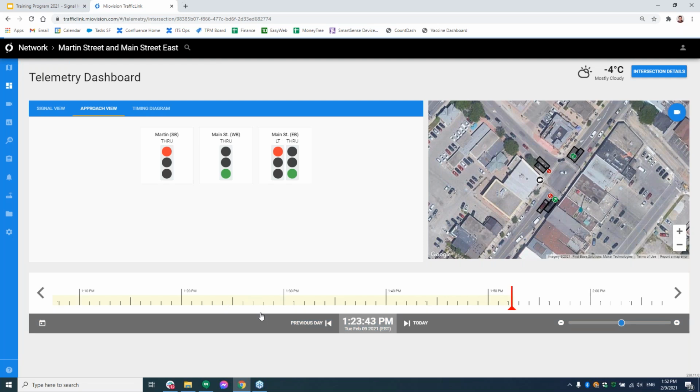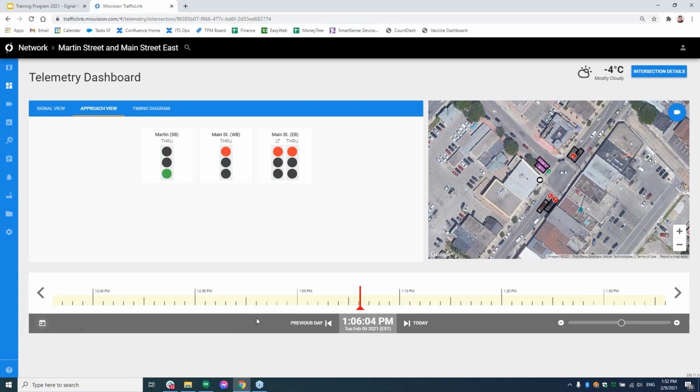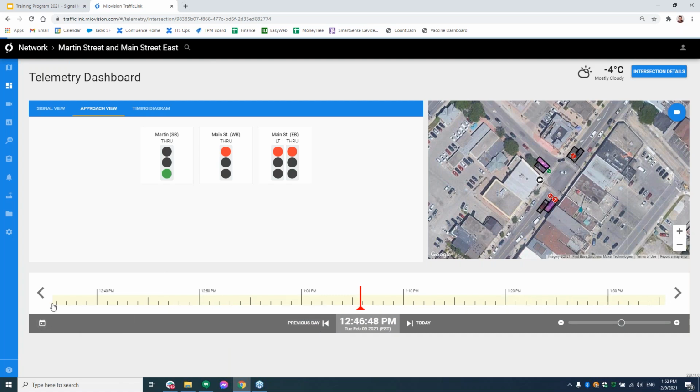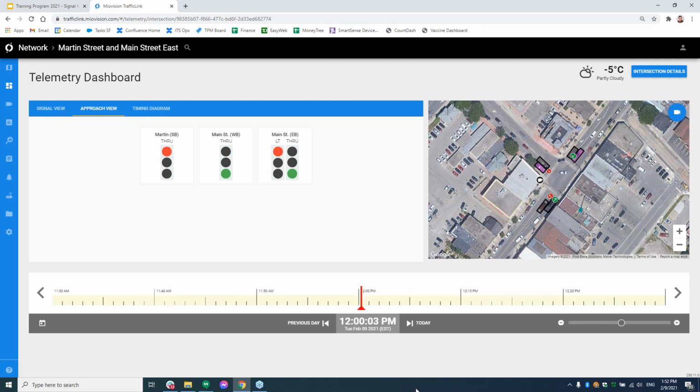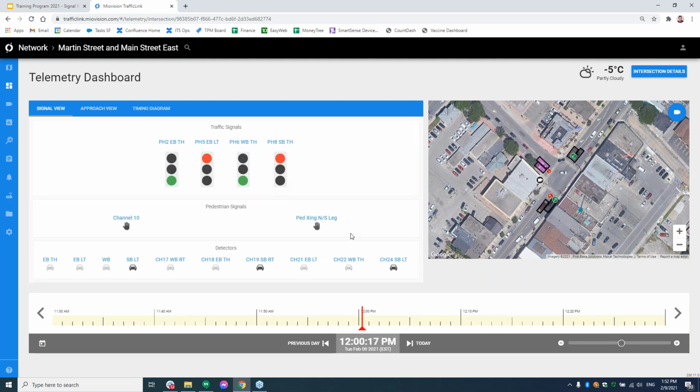You can go back in time, so I don't have to look at it in a live sense. If I go to even earlier today, say I wanted to look at noon today, I can just click on 12 p.m. here, and it actually switches to the historical view, and I'm looking at 12, so almost 2 hours ago now. It does give me the historical view, and I can actually watch it play out, but it's a historical view, not a live view. If I want to jump back to live, I just jump back over and it becomes live again. That's a good question.